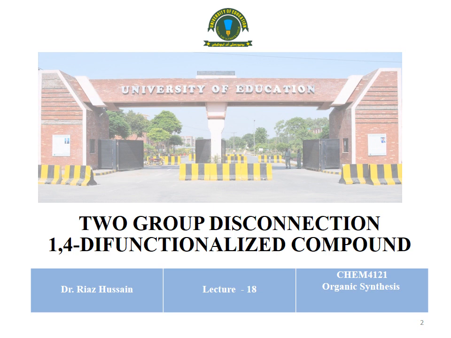It means our target molecule will contain two functional groups and the relationship between these two functional groups will be the even membered relationship. I mean there is a 1,4 relationship between the two functional groups. One functional group will be present at position 1, then the other functional group will be present at position 4 with respect to the first functional group. Therefore, this is called a 1,4-difunctionalized compound.